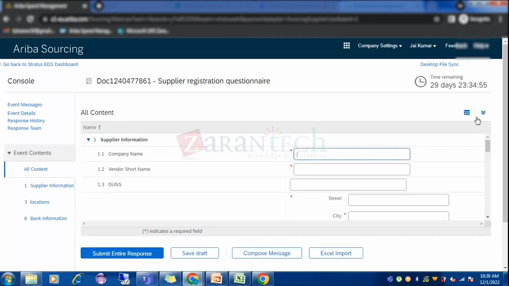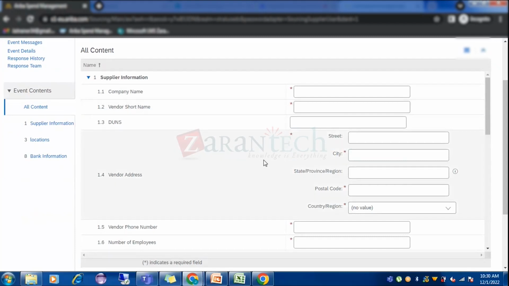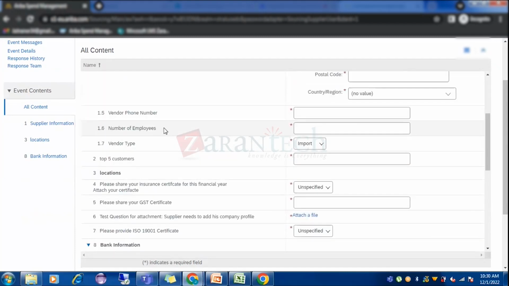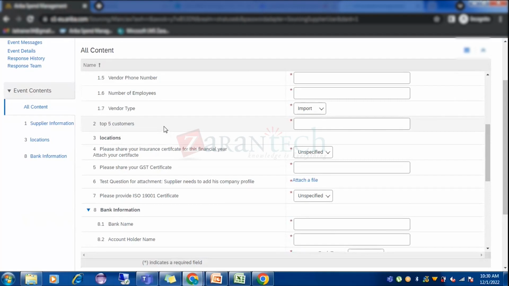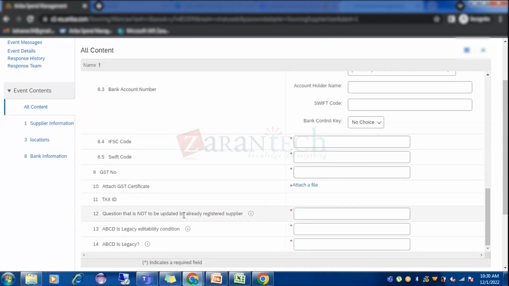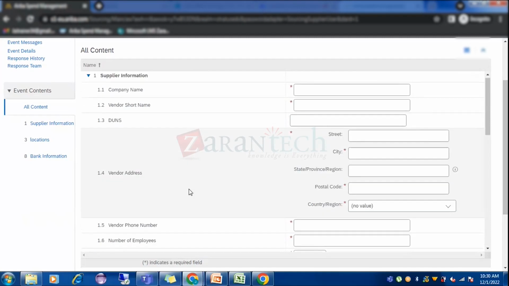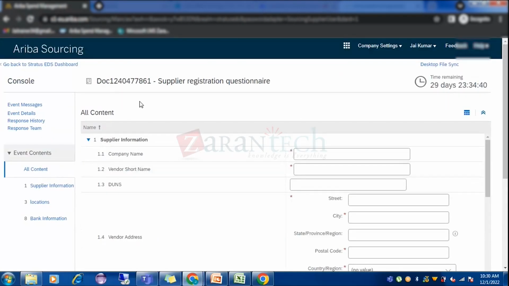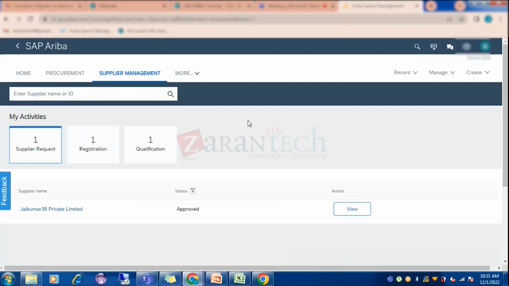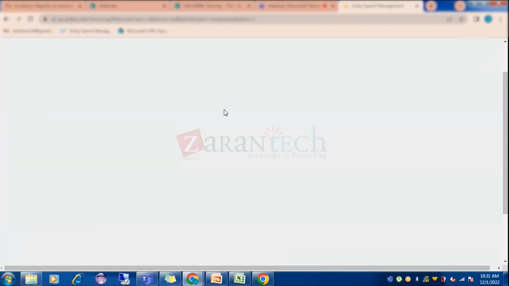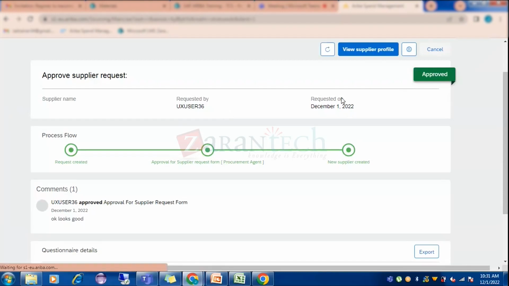I came on the page directly because I went from the link, and this is the form that has been sent by the buyer, by the company. As a supplier, I need to fill this form. It came directly in here. If you are working from the link directly, it will come directly to this page once you register. Now, you can see a couple of things here. As I registered on this one, if I go in here and check this profile of mine, if I click on view, if I go for view supplier profile,